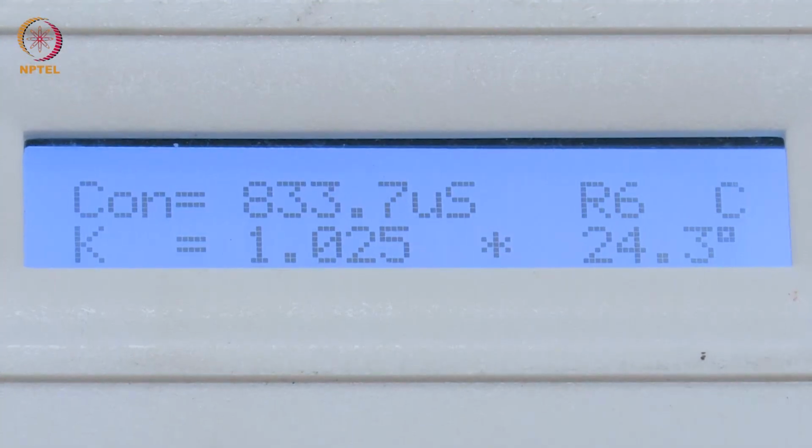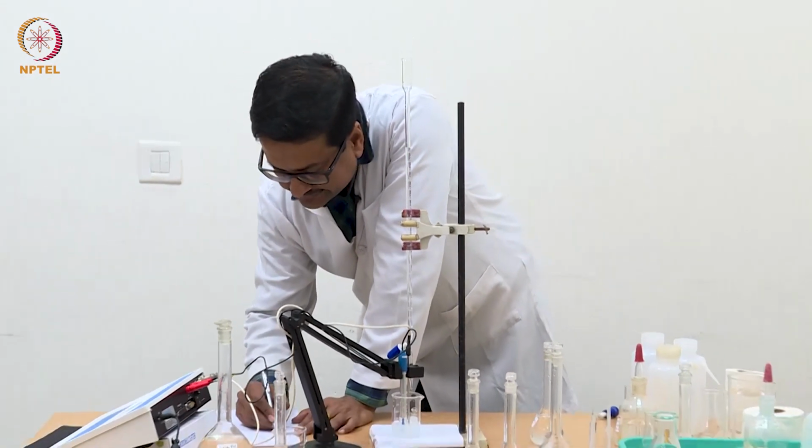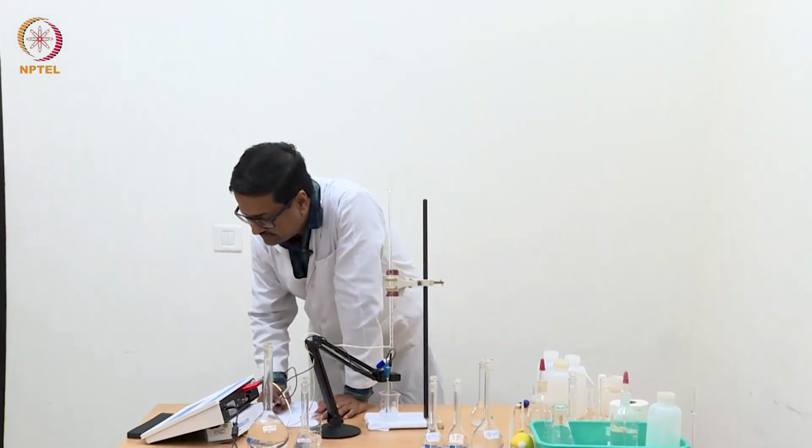So with more silver nitrate added, you see the solution is becoming more and more turbid, and a white precipitate is forming. We should remember that this white precipitate can get deposited on the electrode. So we have to do this titration very quickly, and as soon as the titration is over, we have to clean the electrode. So we have reached a point when we have added 0.75 ml of silver nitrate, and we are